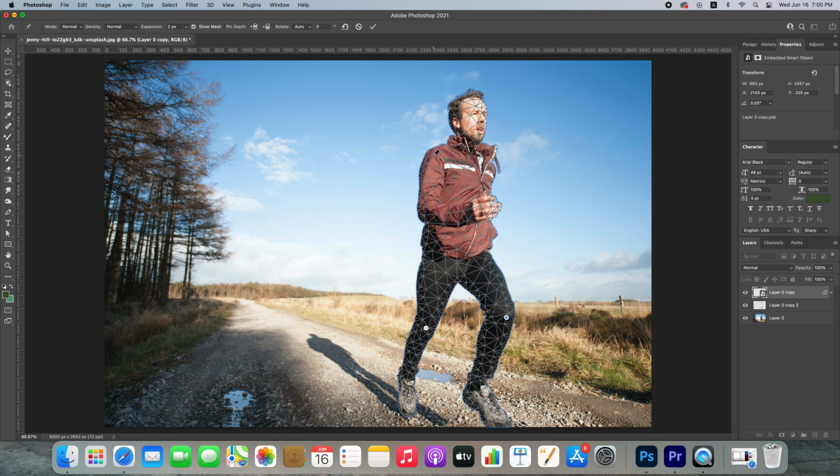Pin some parts of this man. And now by holding these points you can move his leg like this.